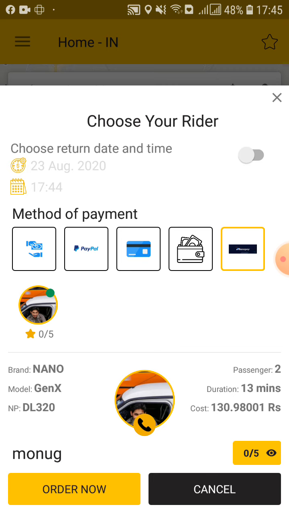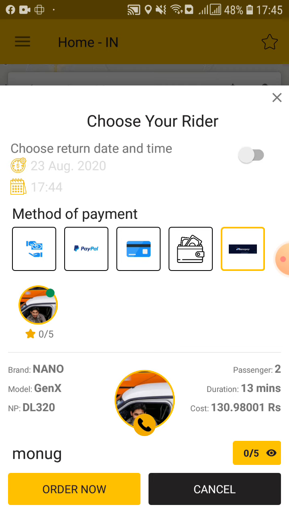And one more feature here: if you want to return with the same cab, then tap this button, for the same date and same cab. Then the driver will understand that you want to return with the same cab. I don't want to return with the same cab and same date, so we turn it off and just see our price, like how much cost I should pay this driver.